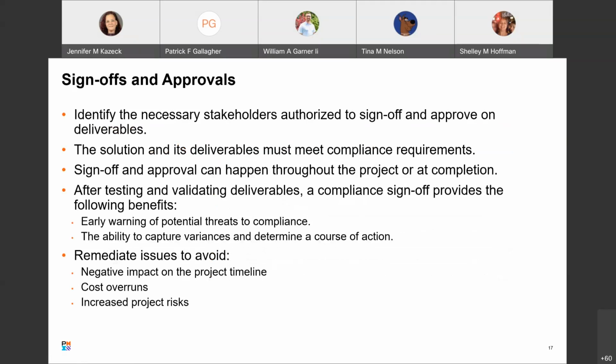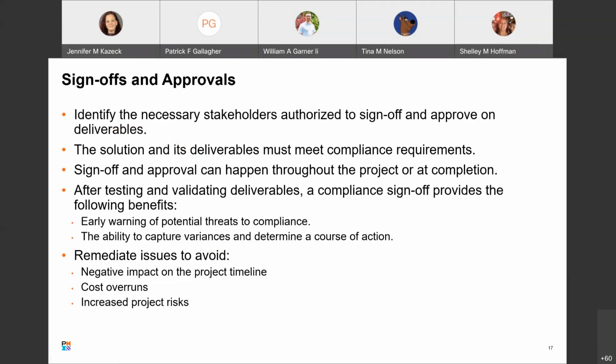So, sign-offs and approvals. For each of the compliance requirements, necessary stakeholders must be identified to sign off and approve that the solution and the different deliverables within it meet the compliance requirements. This may be a very long list, depending on the type of project and the scope of approvals and sign-offs required.